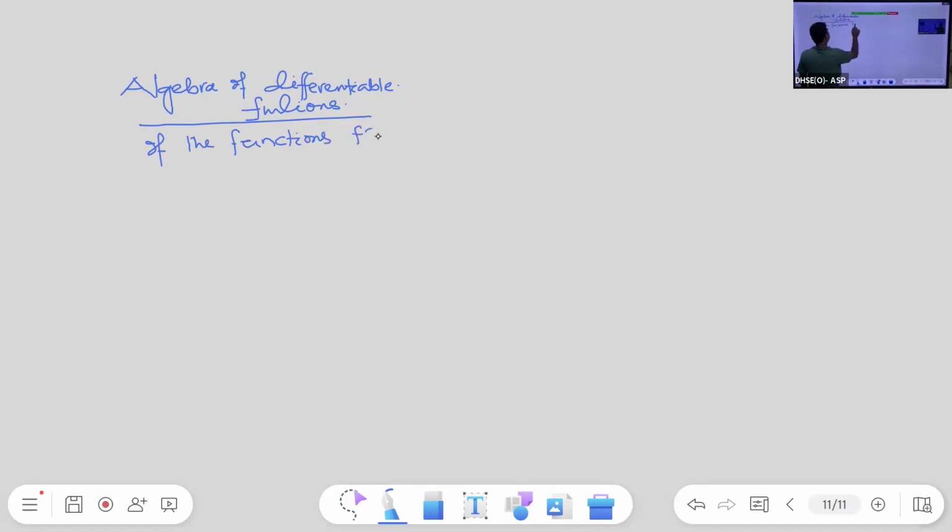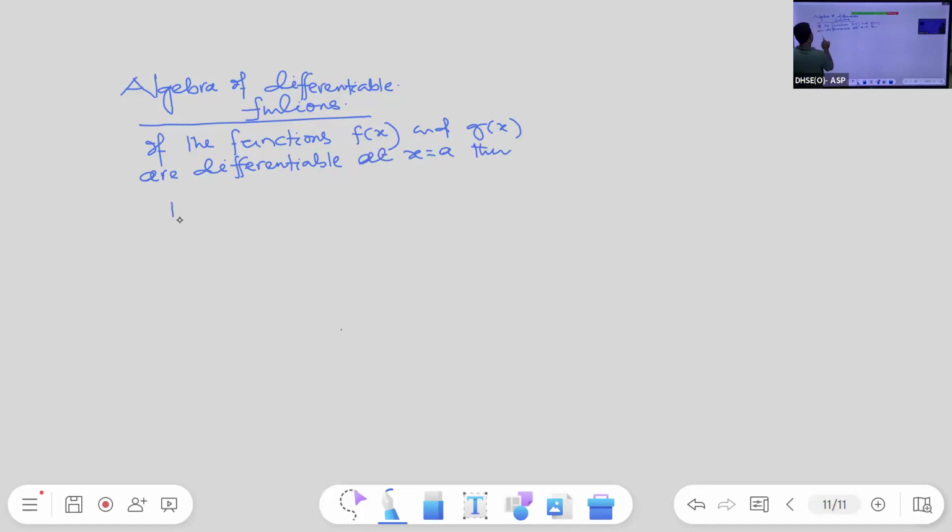If the functions f of x and g of x are differentiable at x is equal to a, then